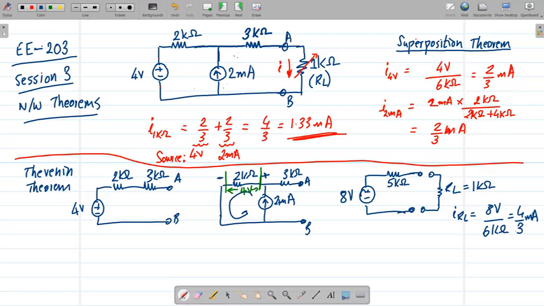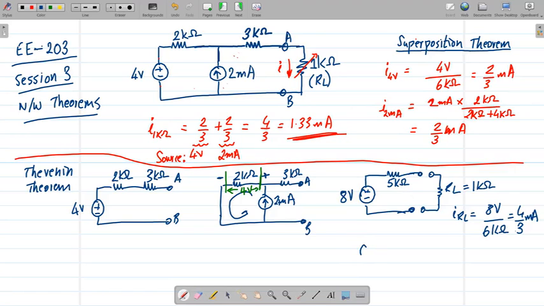What if I want to now solve this using Norton theorem instead? So the Thevenin theorem requires you to replace this entire circuit by one voltage source and one Thevenin resistance in series. So there is a Thevenin voltage and Thevenin resistance. Now, if I want to find the Norton equivalent, of course, I can always do source transformation, which means I can now replace the circuit with 8 divided by 5 amperes.